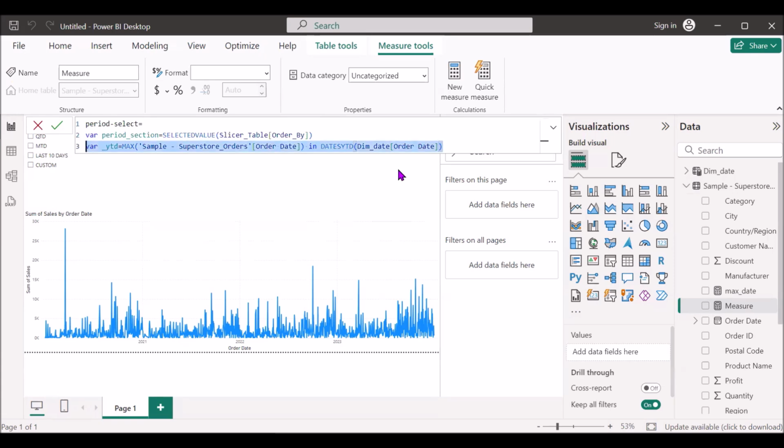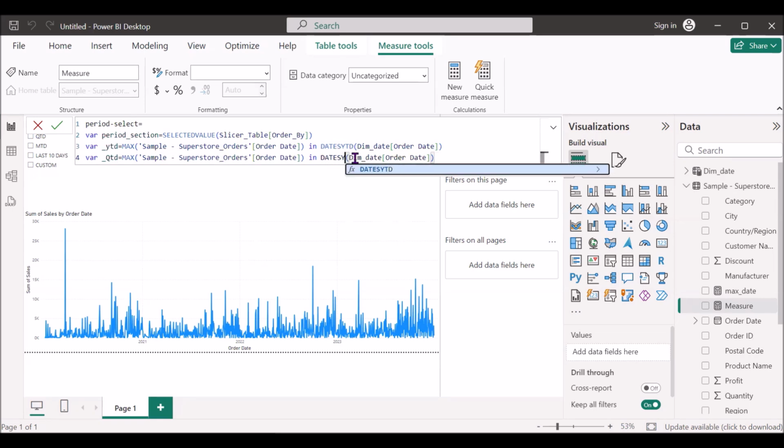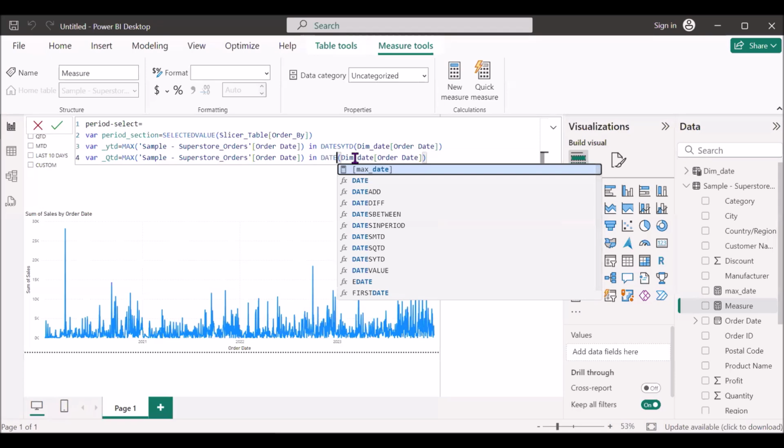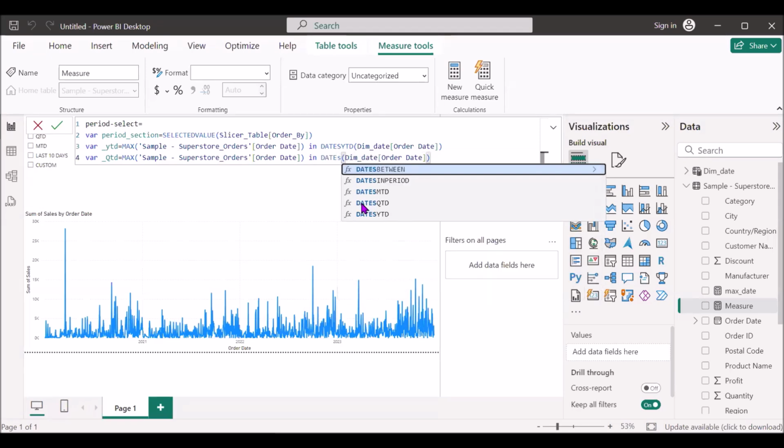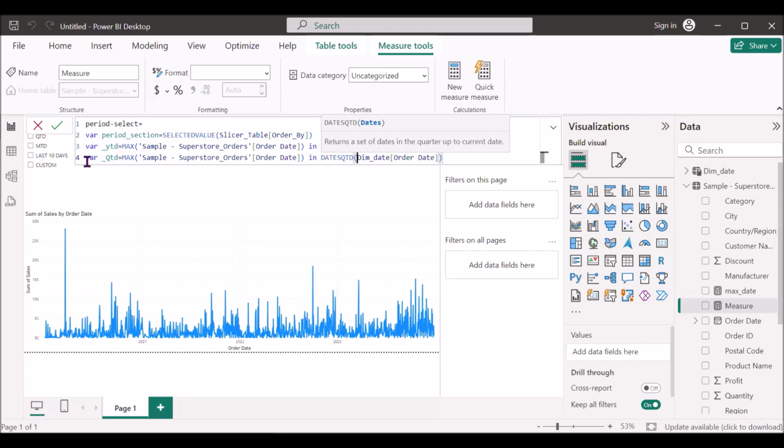Just copy this, Control C and Shift Enter, paste it. And we just need to change it from YTD to QTD, right? Just need to change it here from DATESYTD to DATESQTD. Everything will be the same, right? Shift Enter,